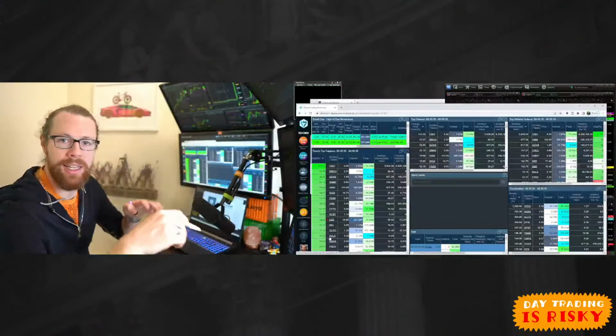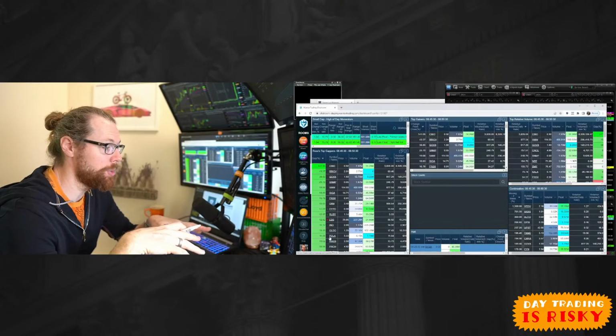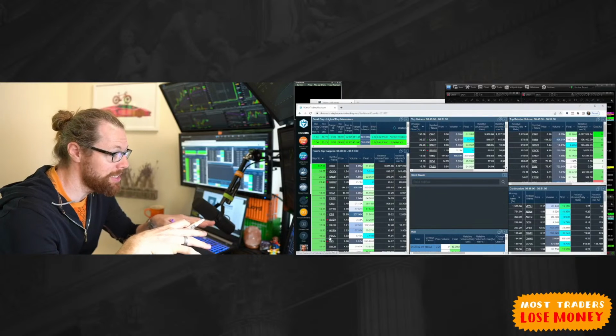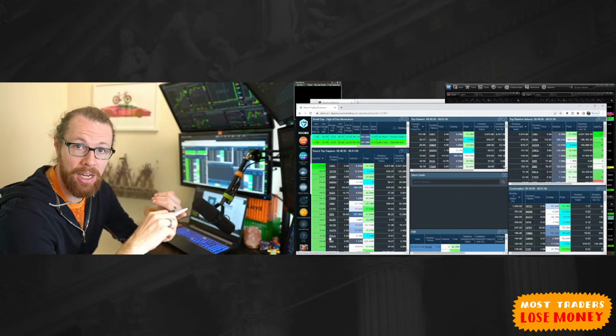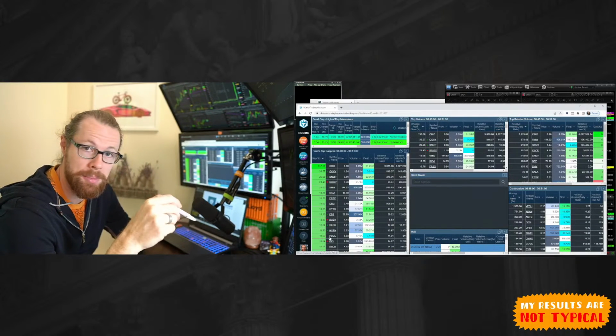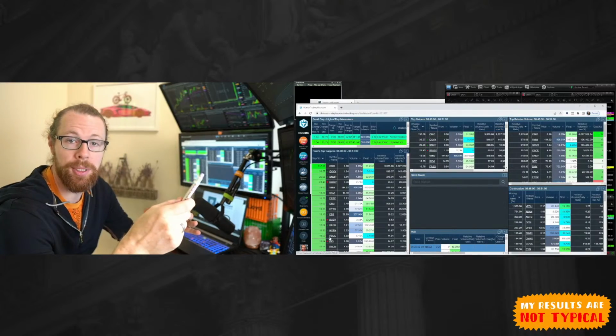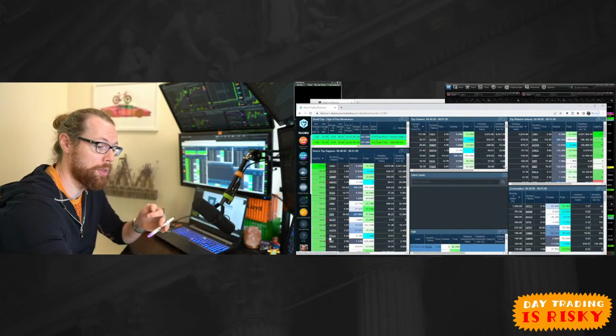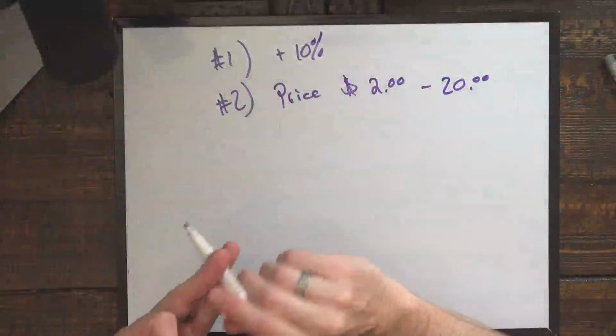Why am I going to focus on that price range? That's the price range that most retail traders are most excited about. And that means if traders are excited about it, you're going to see higher volume, even in a bear market, on those types of stocks. And with that higher volume, you're going to see better follow through. That's what we want to see. High volume, better follow through. And that leads us to number three,